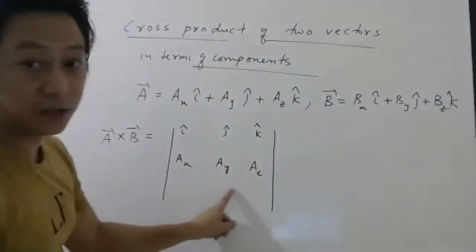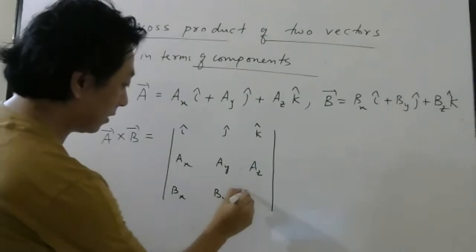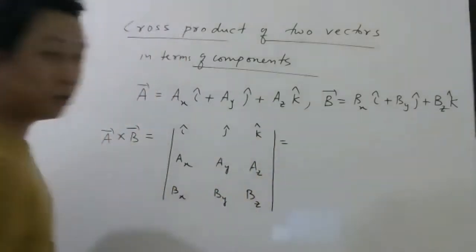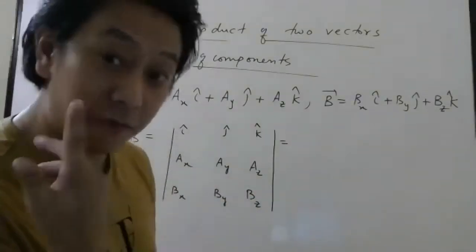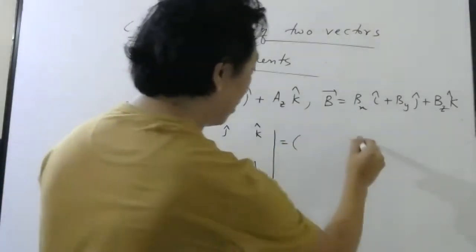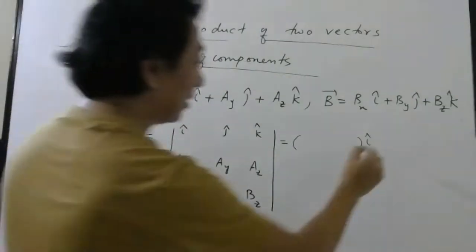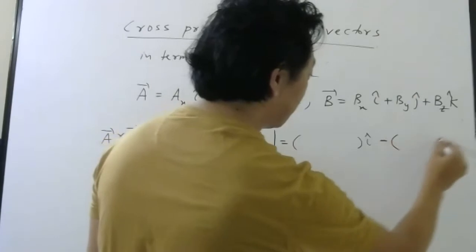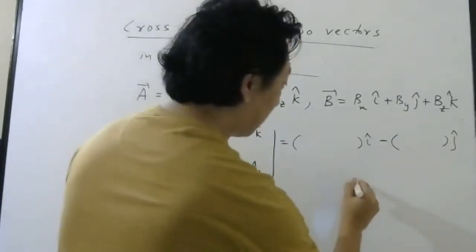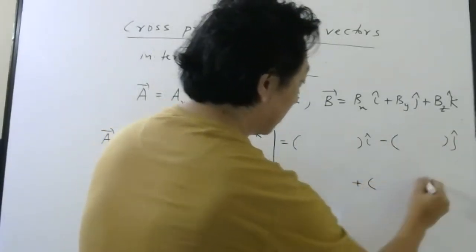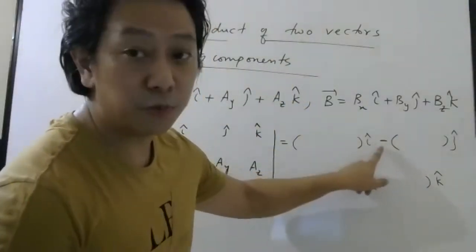Similarly, here you write components of b bar: bx, by, bz. Once you do this, you know that the cross product of 2 vectors should be a vector only. So since it is a vector, it will also have an x component. After taking the cross product, it will have a y component, and here you have to put a minus sign in order to get that answer. And then finally one more component will be there, plus k component, right? So you have to remember to put a minus sign here.